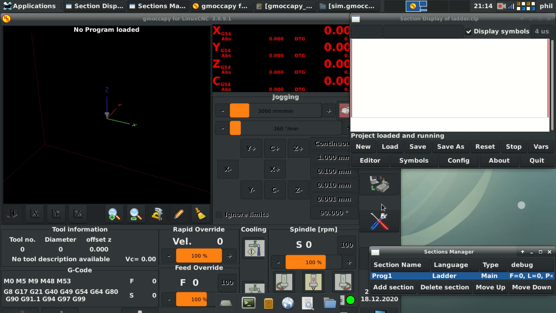So if you do a quick search for PLC basics, you'll find a lot of tutorial videos, and you're gonna find one from a guy who's very adamant about a couple of things that I'm going to cover in this example. So what I'm going to do is I'm going to create spindle override buttons in Classicladder, and I'm going